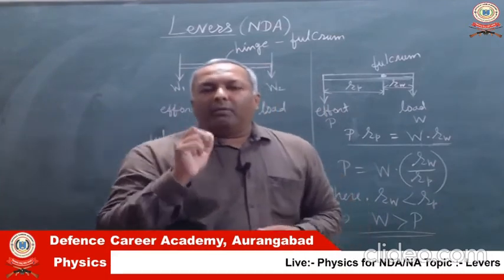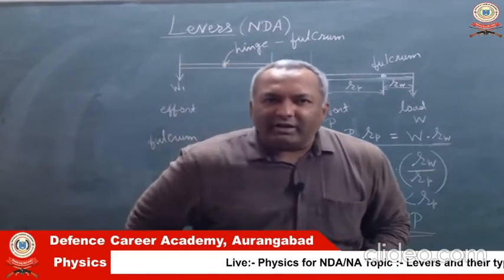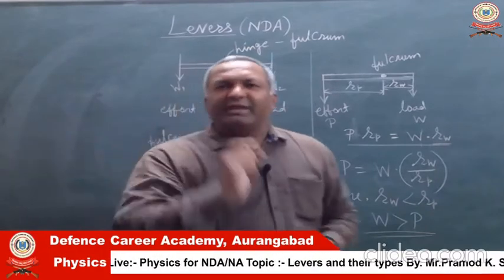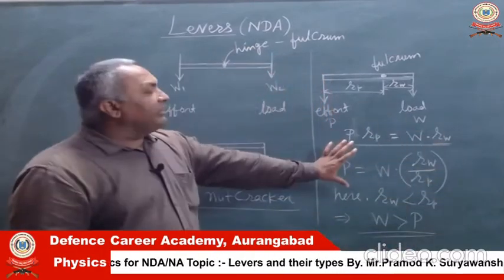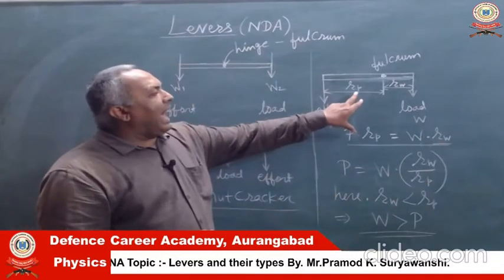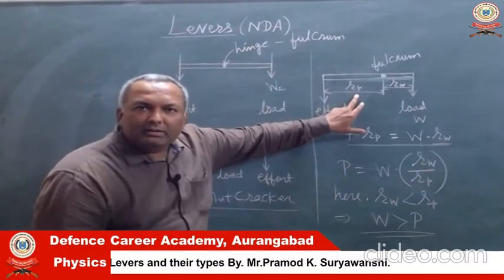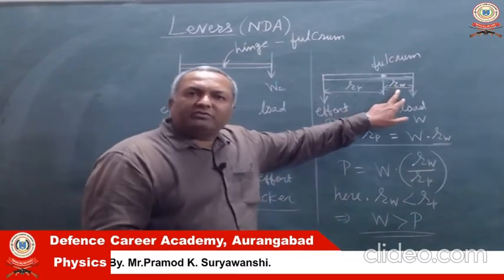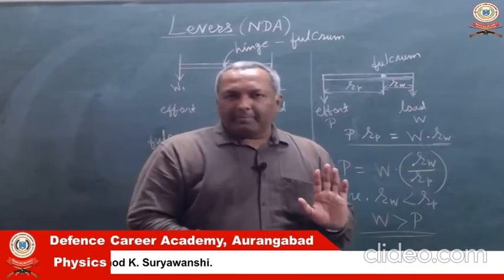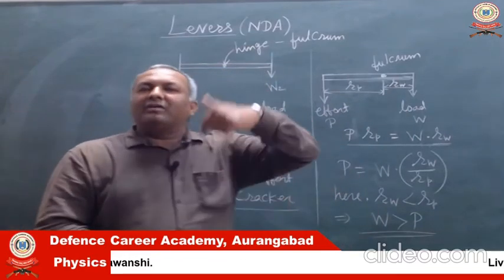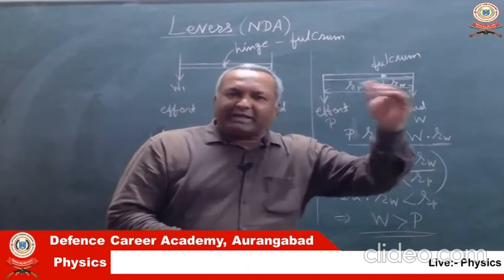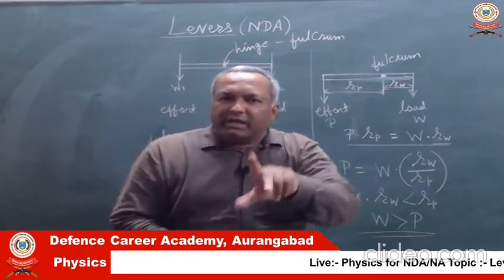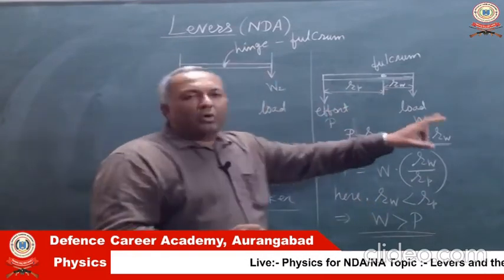So, another example of a lever that we can consider is a beam balance. Now, a beam balance is a very special type of lever. See, just now we saw that if the moment arm of load is greater, then the effort required is smaller, and if the moment arm of load is smaller, then the load becomes bigger. So, whoever has the larger moment arm, that force can be small. But what if RP and RW both are equal, then effort and load will also be equal.